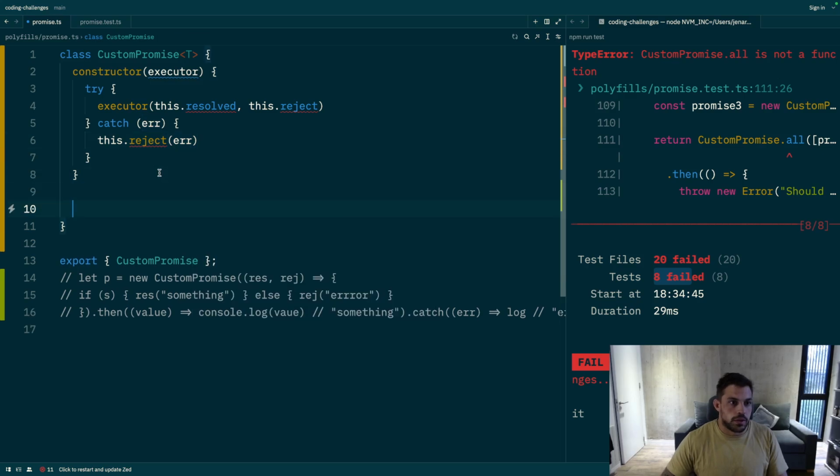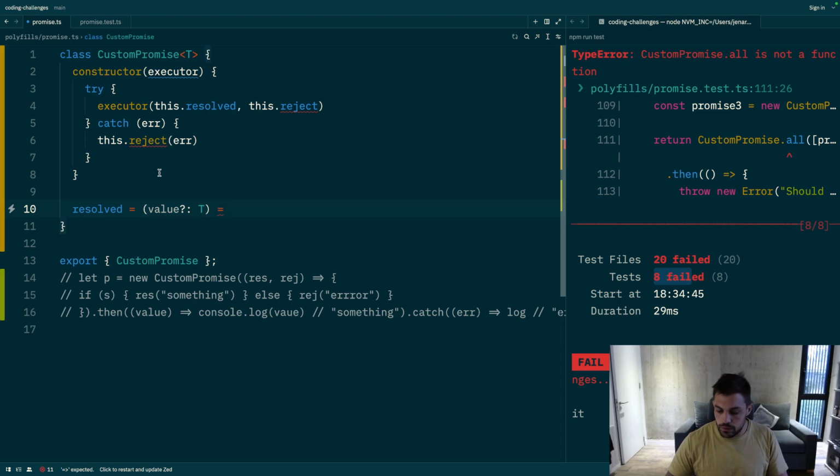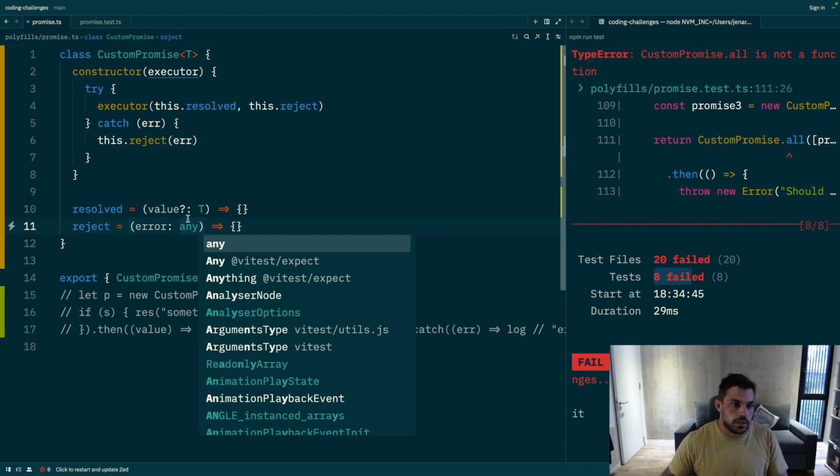Now let's add the methods. So let's do resolve. What will the result take? It takes a value. The type will be the same type of the promise, and it will return. So like this for now, and then let's do reject. This doesn't return anything. So let's do error. I'm going to make it type any,